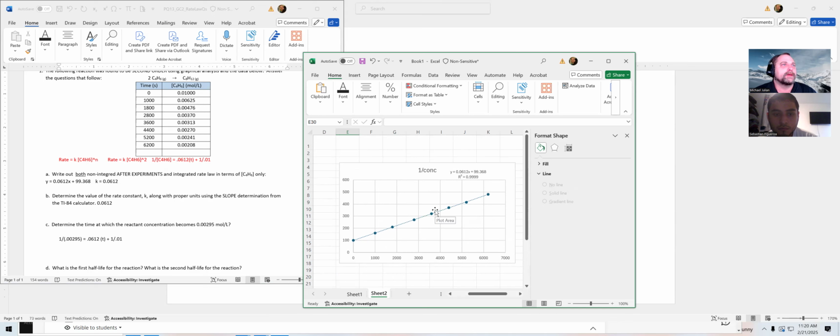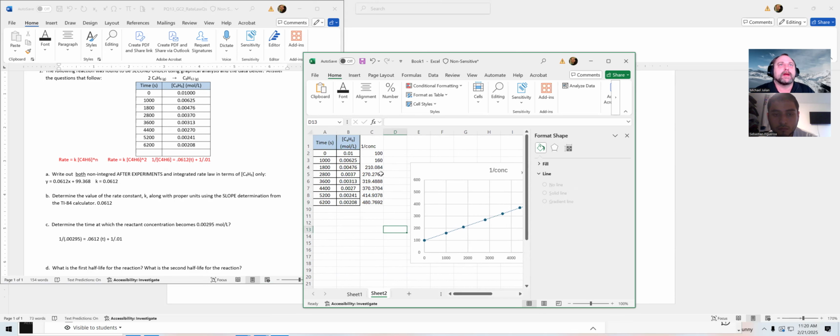And we're looking for it to be 1 over that concentration. And so if I come, this one's hard to see, so I'm going to come over here to the data, and 1 over that concentration comes out. So when the concentration is actually 0.00295, it is somewhere between 3,600 and 4,400, right? And so that puts us right about where our data should be. So right in that. So if I just did, yep, 1 divided by 0.00295,